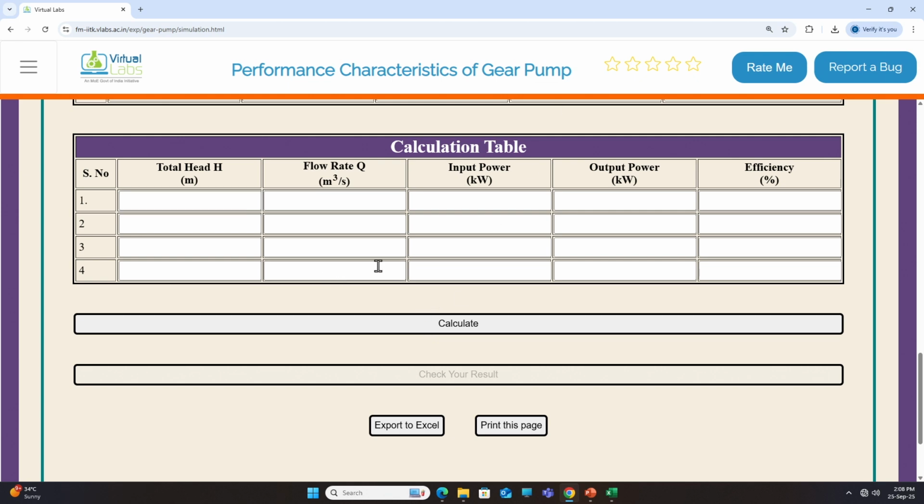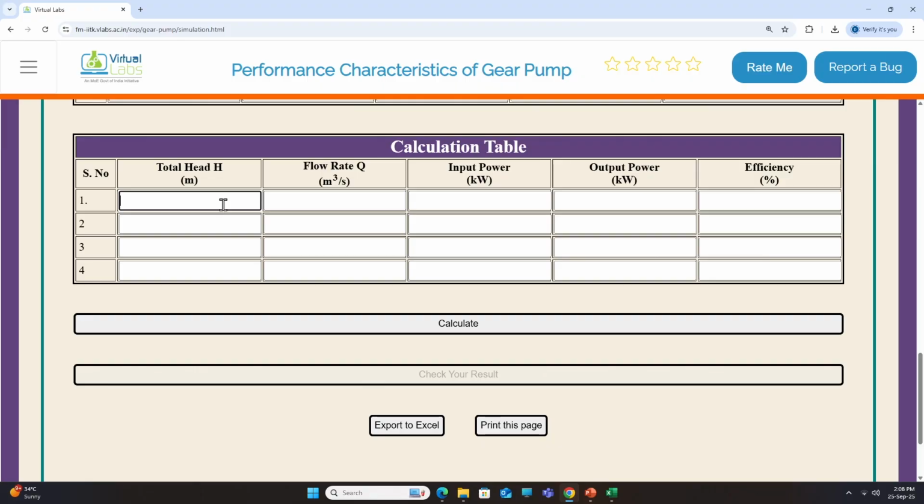Now, let me suppose I put all the values here and calculate, then it will show me the results. I can input all the values here. Or there is another quick way if you are not able to reach the final calculations, because you put any values, it will show the value is not correct, but it will show you the result. For that, I am just demonstrating how you do that, though it is not a correct way. I am putting some value, maybe I will put value 1 in each of the cells here.